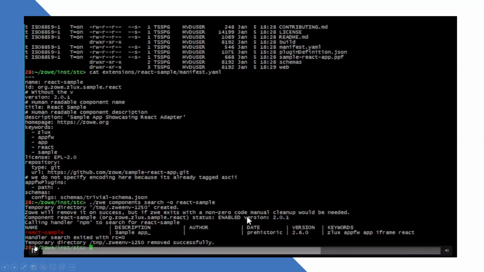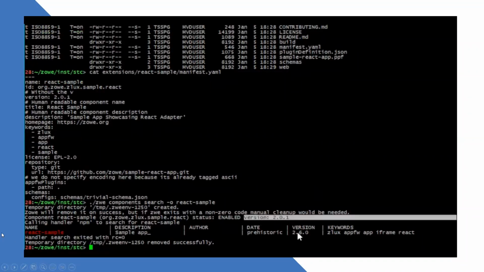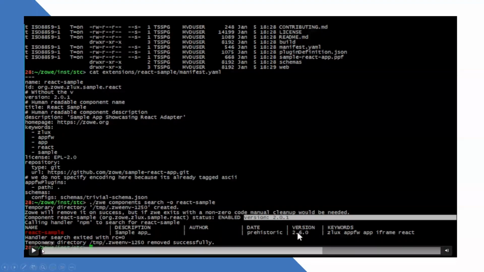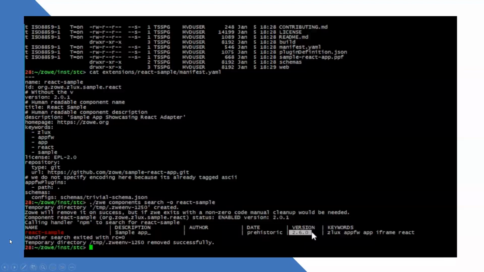And you'll see in this demo that I made sort of a happy mistake here of accidentally mixing and matching the versions where I declared to npm that this was version 2.6, but to Zowe 2.0.1. And so I will explain why that happened and how you can avoid it